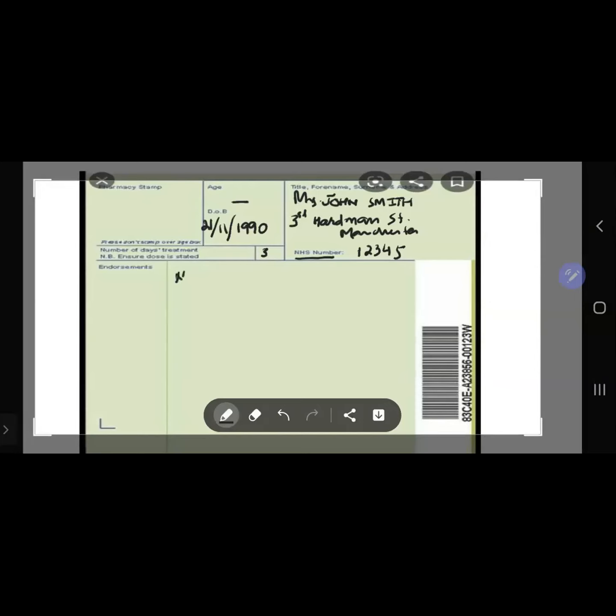Now you are going to put your prescription here. Write nitrofurantoin, 100 milligrams. So this is your strength. Next will be your formulation, which will be tablets. Next will be your direction or your frequency. For example, she has to take 1 tablet twice daily, right? Next will be the quantity, supply.